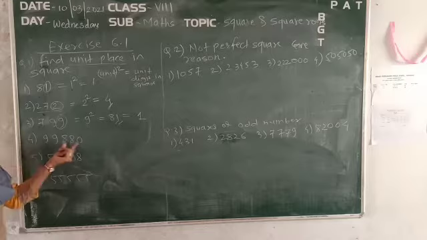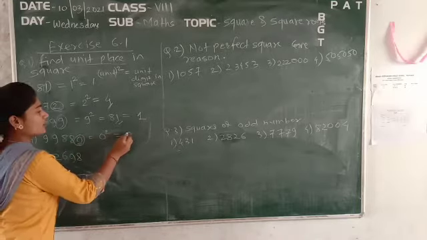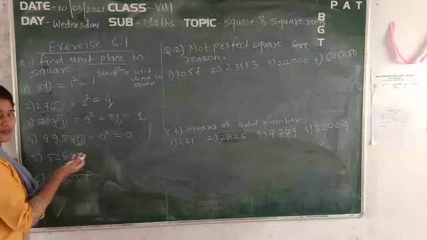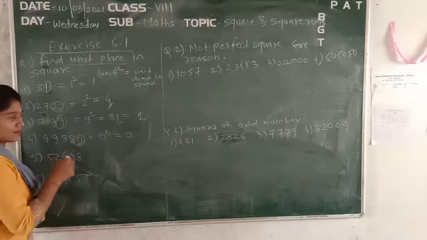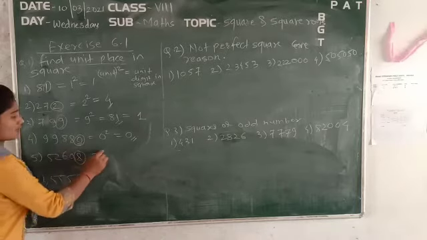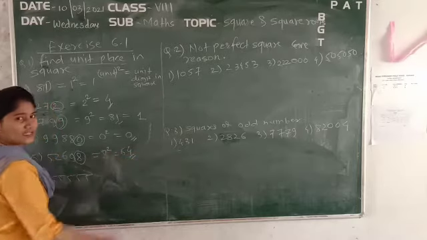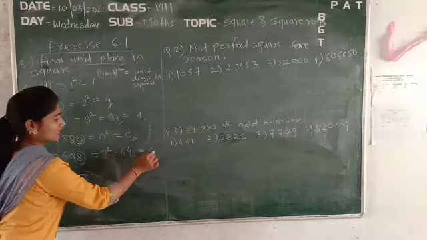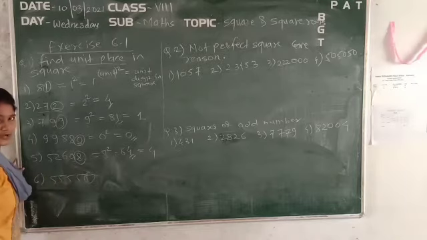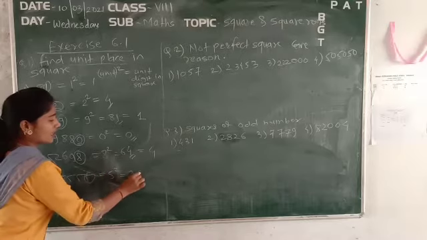Now see about this one. We already know that the square of 0 is 0 only. So what will be the unit digit of the square of this number? It will be 0 only. Now regarding the same, what is the square of 8? It will be 64, and 4 is the unit place of this number, so write down 4 here. Similarly for 5, it is the unit digit in this number. So do the square of 5. What is the square of 5? It is 25.